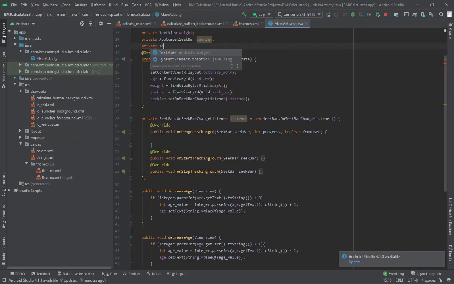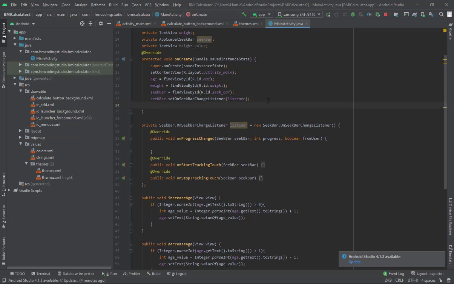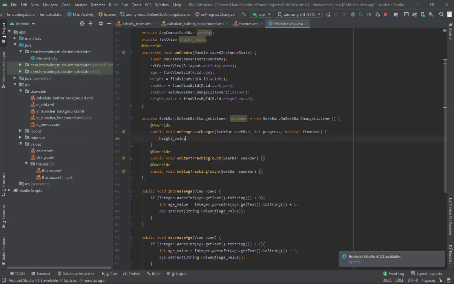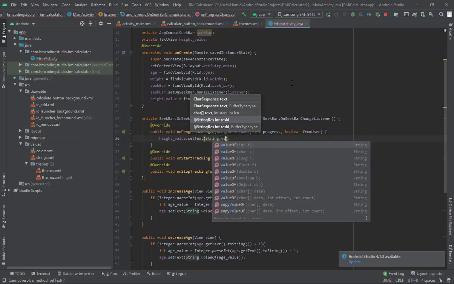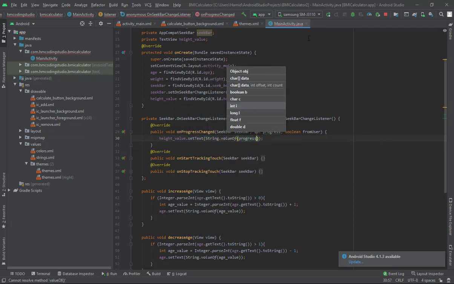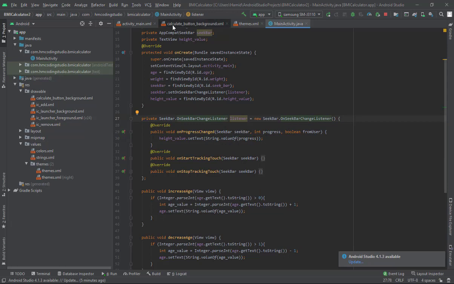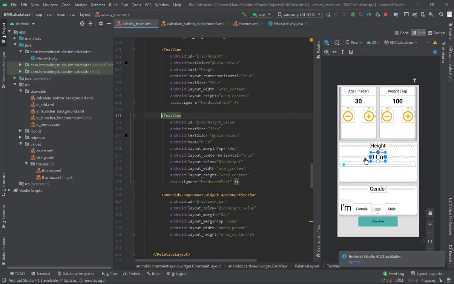For that, private TextView heightValue, and then we instantiate it inside the onCreate method. heightValue equals findViewById, that id dot heightValue dot setText, and since the progress value is an integer, what we need to do is to change the value of the seek bar from integer to string, String.valueOf progress, which is this integer,